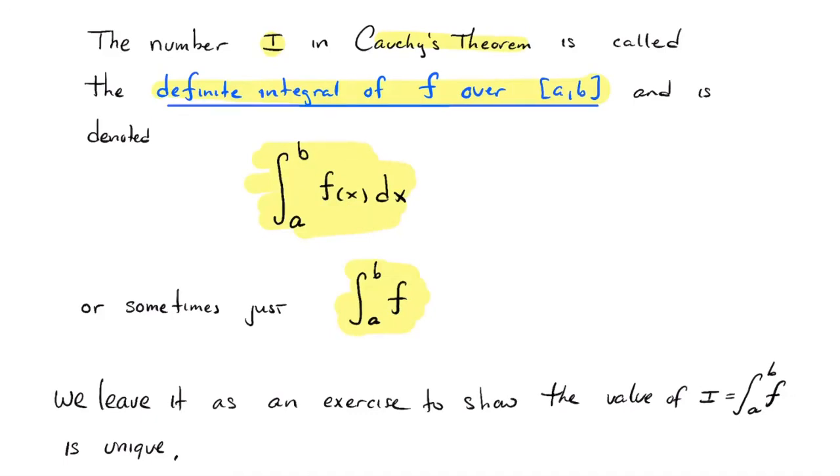All right. So I'm going to leave it as an exercise to you to show that this thing's value is unique. Okay. So Cauchy's theorem says that there exists some number I that satisfies the condition of the theorem. And there's only one number that satisfies that. Given a continuous function f on a closed interval from a to b, if two numbers satisfy the condition of Cauchy's theorem, then they're equal to each other. And I'm going to leave that as an